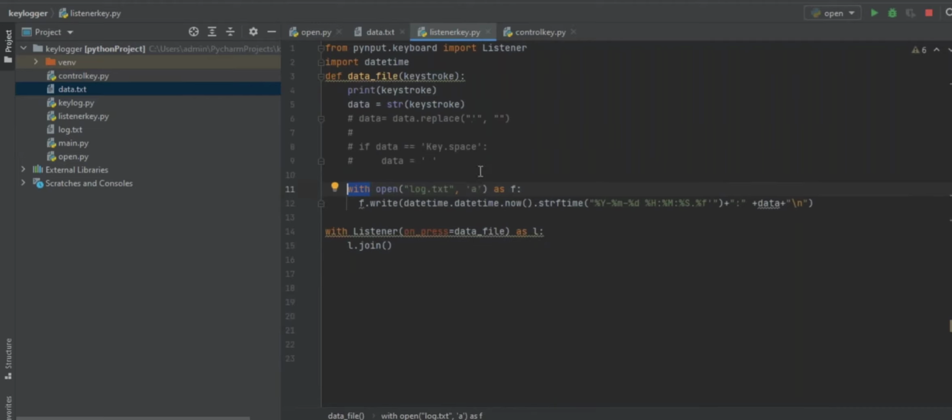So we don't have to close the file, because here we don't know this function will be running continuously. So we'll not know when we have to stop this function. So this with keyword will automatically stop the open function. And now here I'm writing to